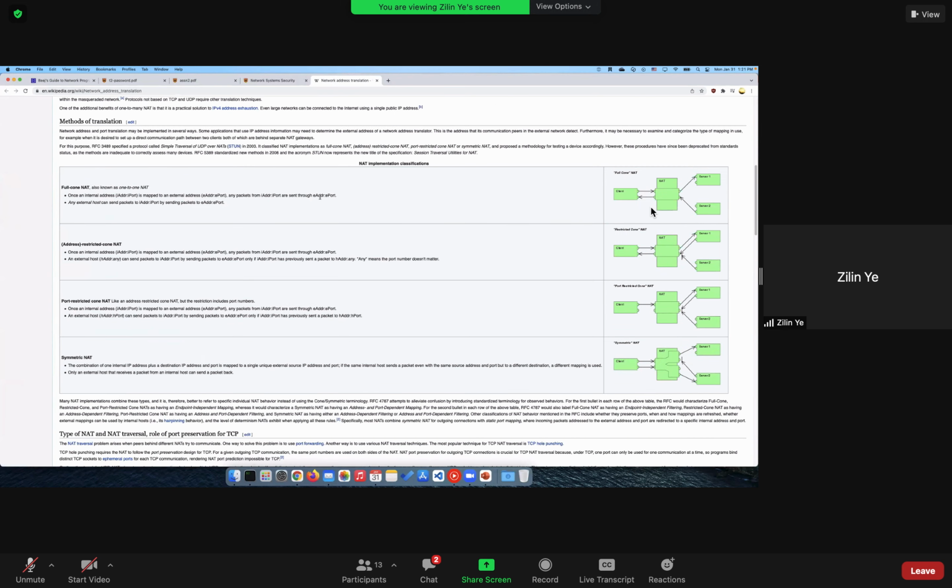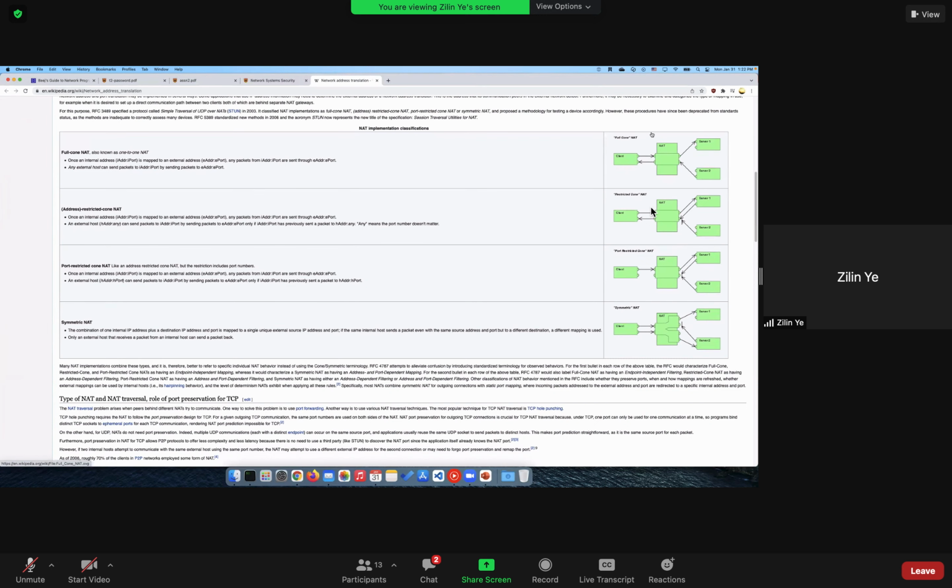So you see, we actually have full cone, address restricted, port restricted, symmetric. This will give you an idea of how different types of NAT handle this case differently, and depending on your use case, you probably can set your router to different modes so that this will achieve some kind of